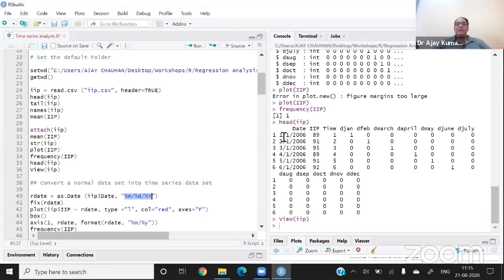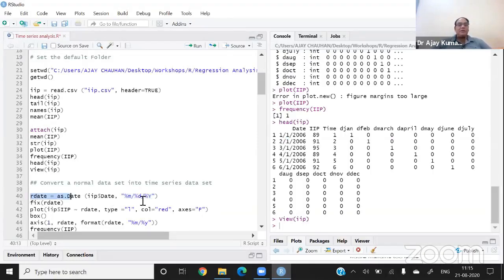You can see that 1 means January, 1 means the 1st of January, and 2006. So my format is percent m, percent d, percent Y. The date format that I have in the original file is month, day, and year. So I am instructing the software to kindly read this date as this.